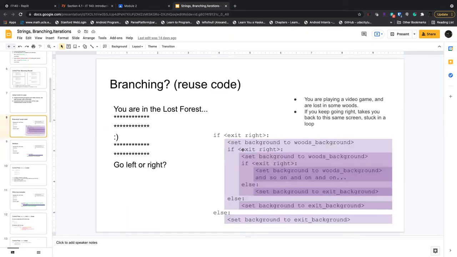So for branching, for example, if you are in a game, right? You are in the forest and you constantly make a decision, you want to go left or right. If you write all this code in terms of if-else branches, you will have infinitely nested if-else conditions, right? Every time you go to the branch, you are constantly checking if the user wants to go left or right. Well, this is obviously a very tedious architecture, and writing the code this way is really not efficient,